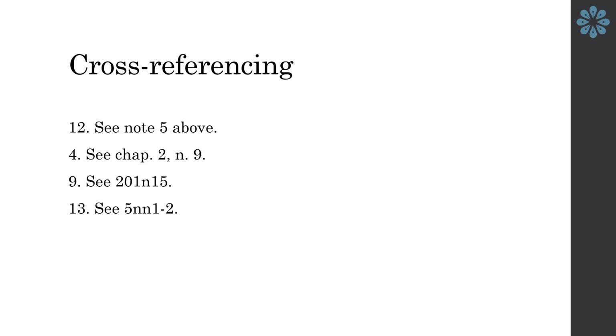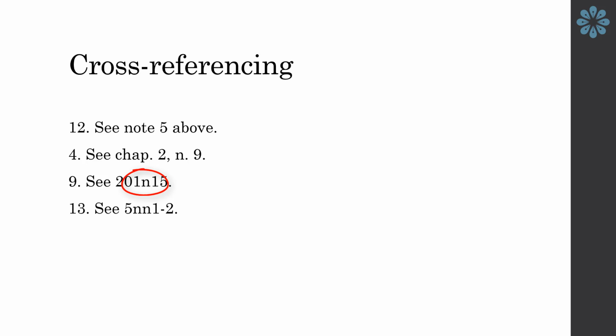At times, it may be good to use some cross-referencing. If you want one note to refer to another, do double-check before you print off your project that all these notes are still referencing the right footnote. Notice also that we've used the abbreviation "n" for note and "nn" for notes in order to refer to specific footnotes. This is also very useful if you are citing another person's footnote and you want to be specific in